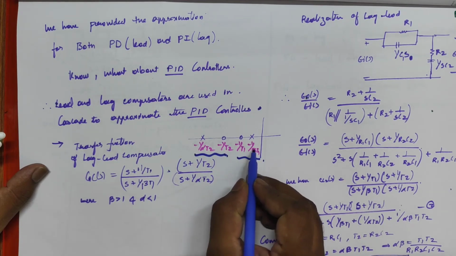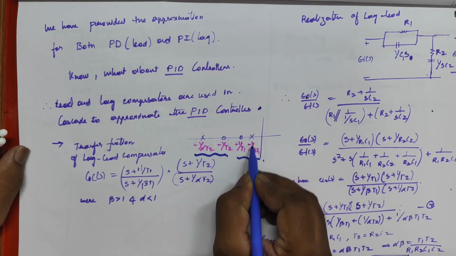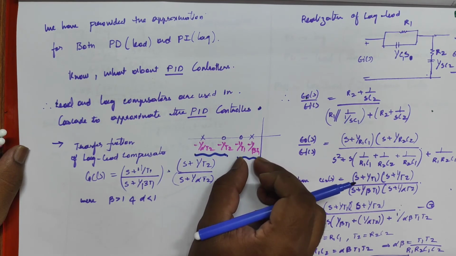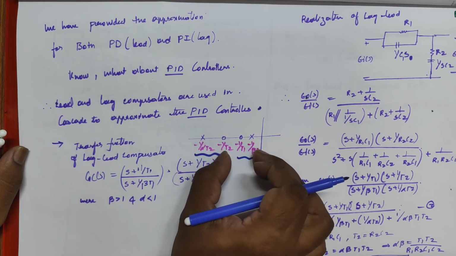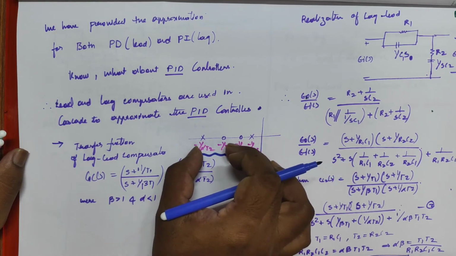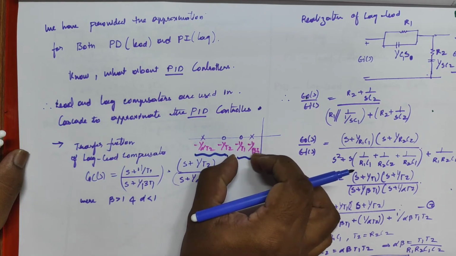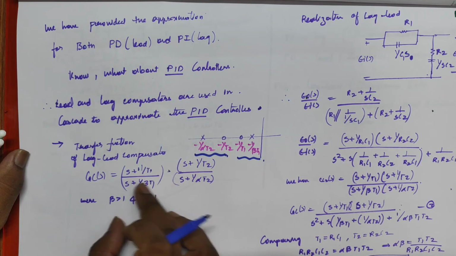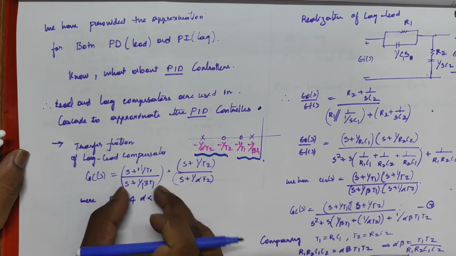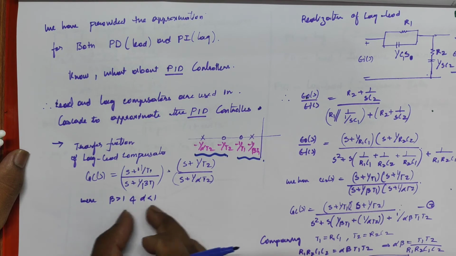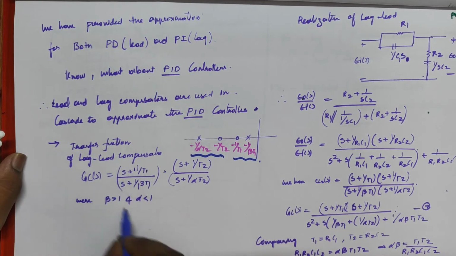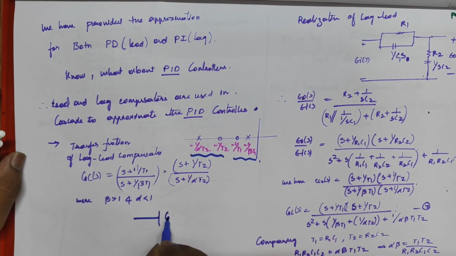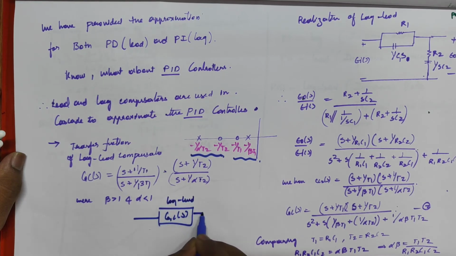If this is the pole near the origin, then these two parts give us the lag compensator, and these two parts will give us the lead compensator. After cascading these two, that is PI and PD, we get PID, which ultimately leads to lag-lead compensation. For the lead part, beta is greater than 1. To realize this lag-lead, we incorporate this whole lead-lag. After finding the lag-lead compensator, PID means a complete bonanza,